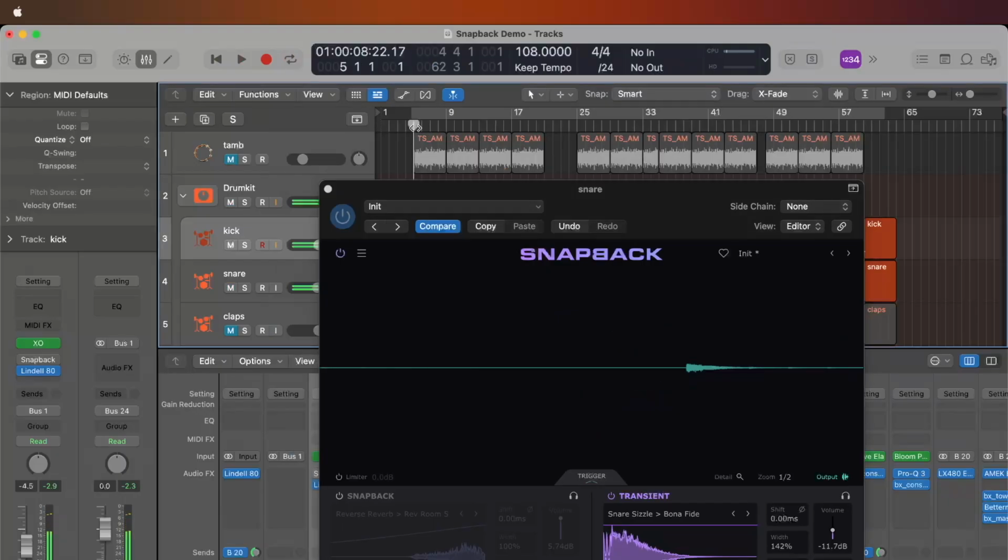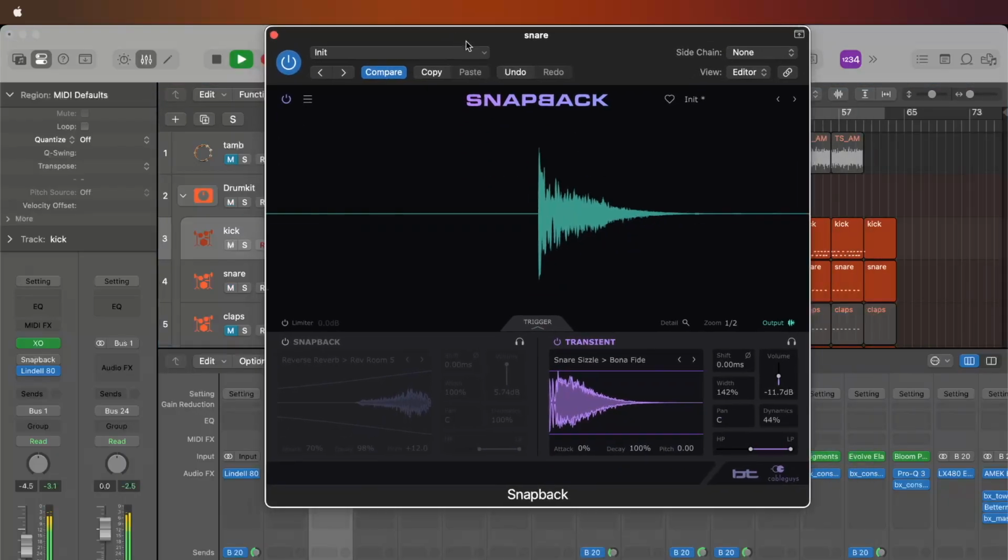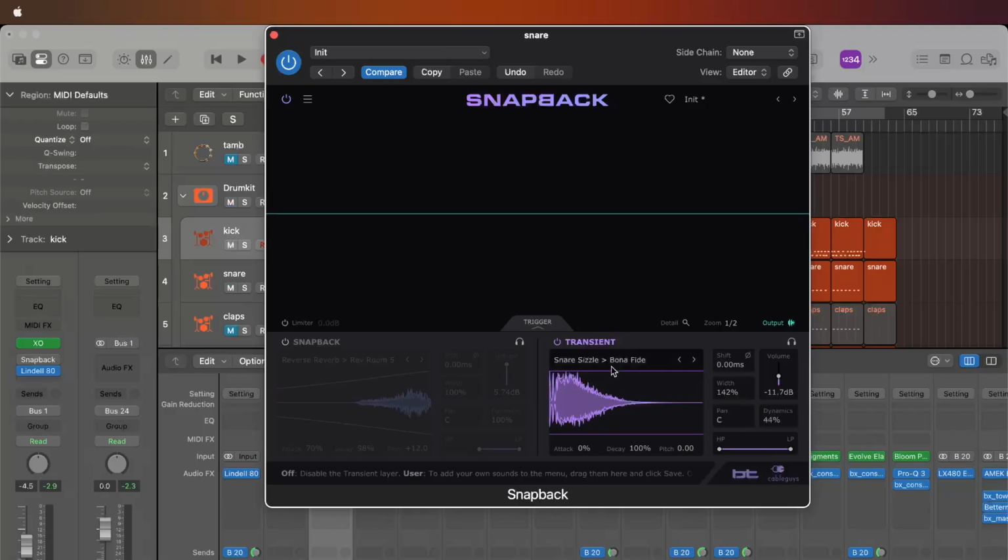Let me go back here. So you see how this transient tool can really shape the sound of what you're going for with your drum. Let me show you now the